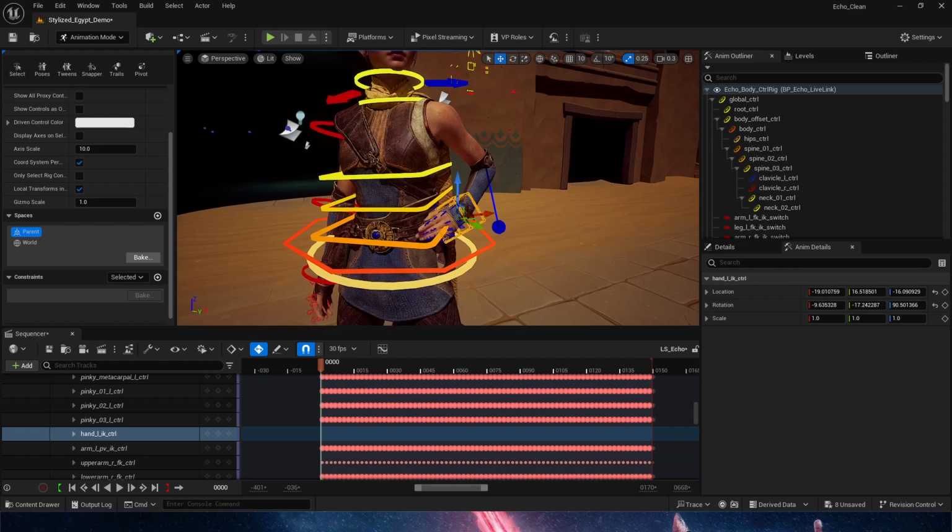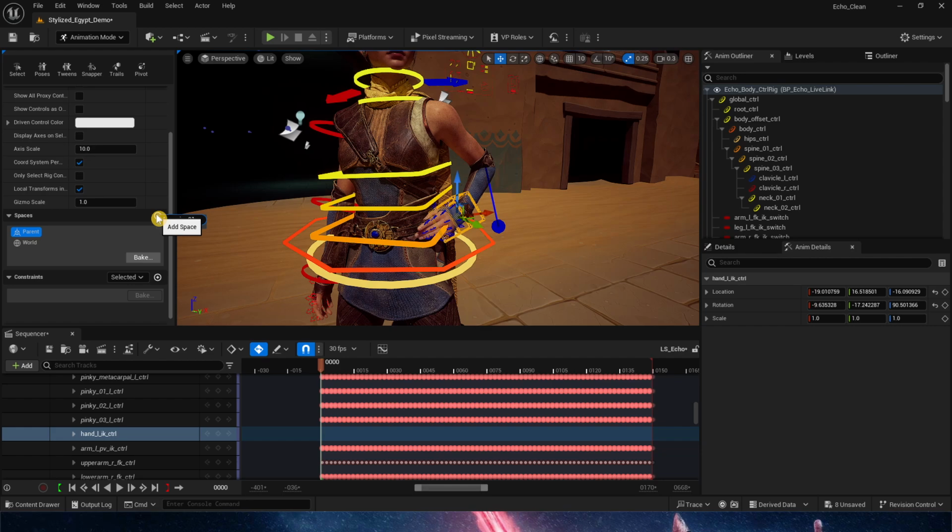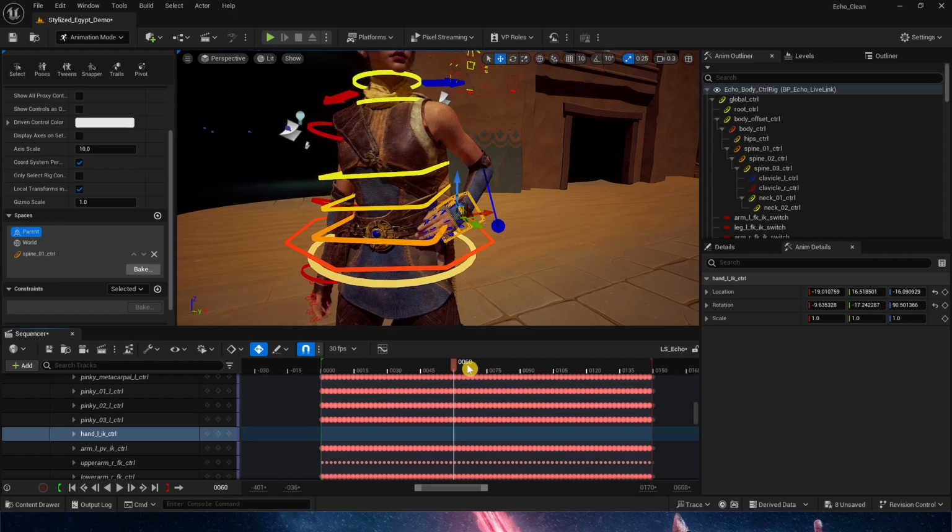We are going to work with something else, and that is spaces. So what we'll do is we are going to select spine_01. Oops, it's an underscore there. Yeah, there we go. We're going to select spine, and as we do that, right now that hand is following